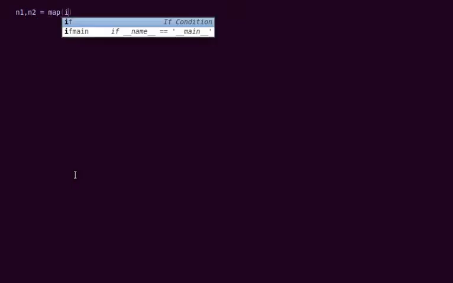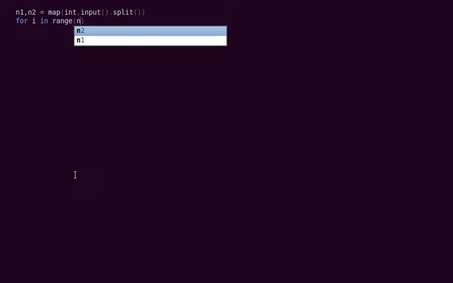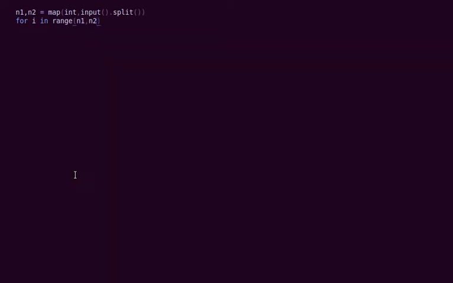Now we will be taking the input, that is n1 and n2, in one line, and I am converting them into integers with the help of the map function. To generate the primes in this range, I will write a for loop: for i in range of n1 to n2 plus 1, because we know in Python the last value will be excluded in the for loop.